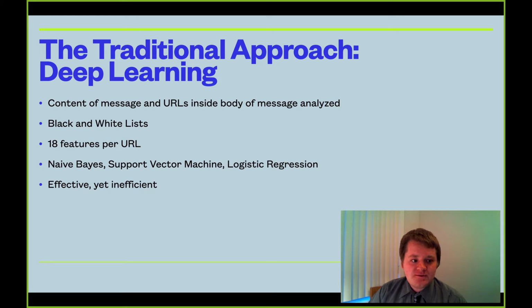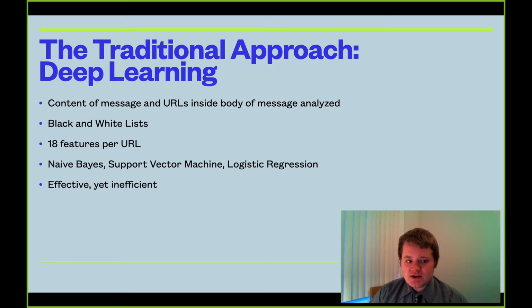Over 18 different features were extracted per URL, and when analyzed in a typical deep learning algorithm with a dataset including 2,508 URLs comprised of 1,245 phishing and 1,263 legitimate, this method was able to achieve a 97.3% accuracy rate. Another method of detection involves using naive Bayes, support vector machine, and logistic regression.